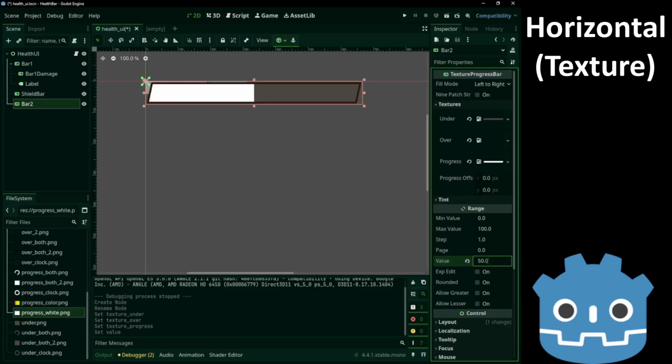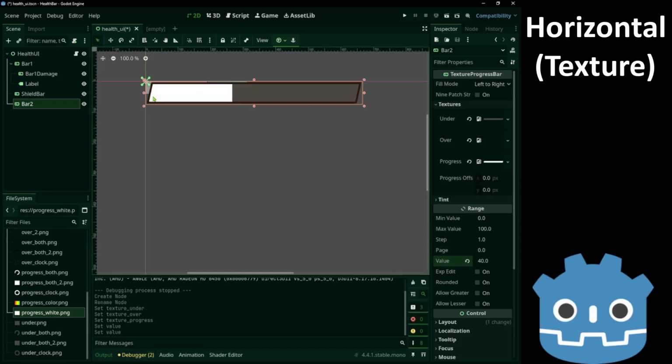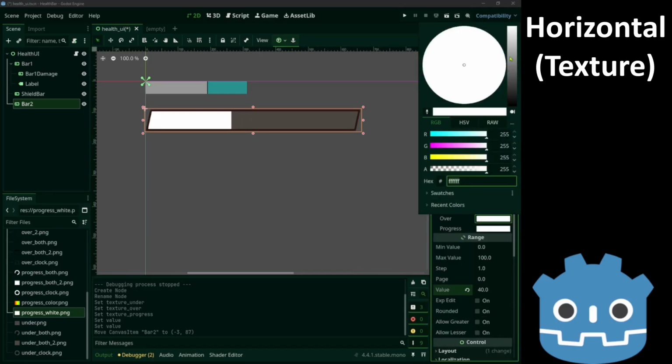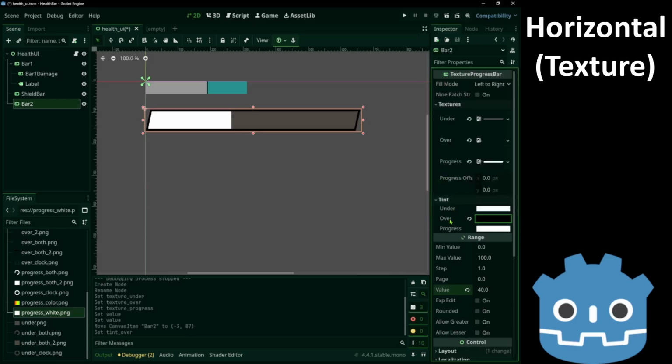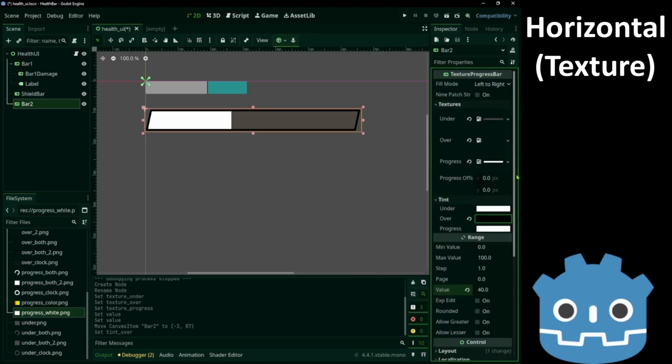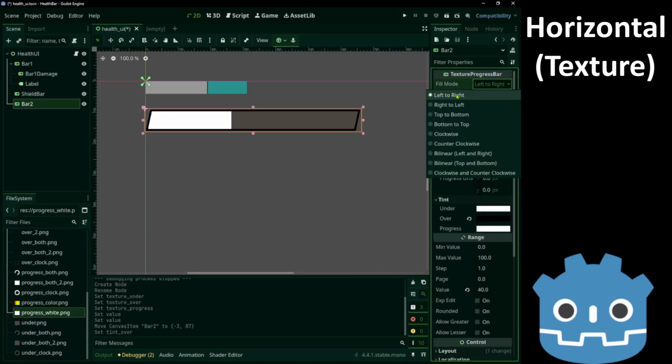Let's set a value. Here we can also change the tint of the textures. For example, I want the over to be fully black. We can also change the fill mode. Just like before, we have left to right, right to left, top to bottom, bottom to top, and some other options.